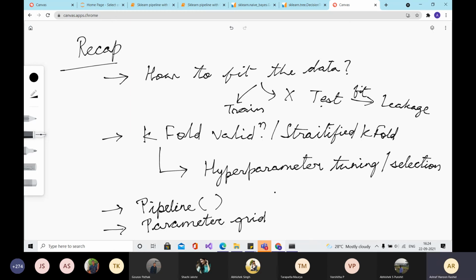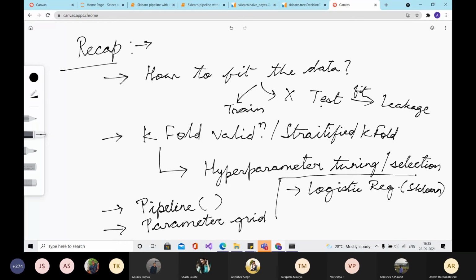And then you finally get your model. So these were the things that we covered in the lab session. We also covered logistic regression in sklearn. Yeah, that would be it, guys. If you have any doubts, then please let me know.